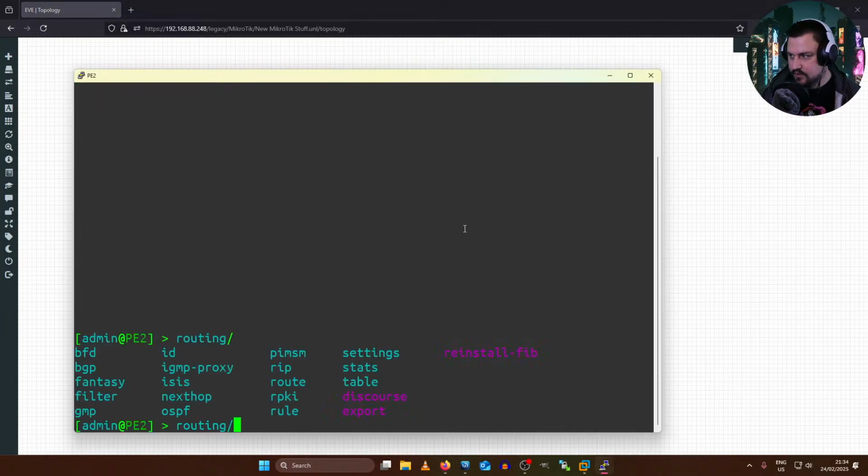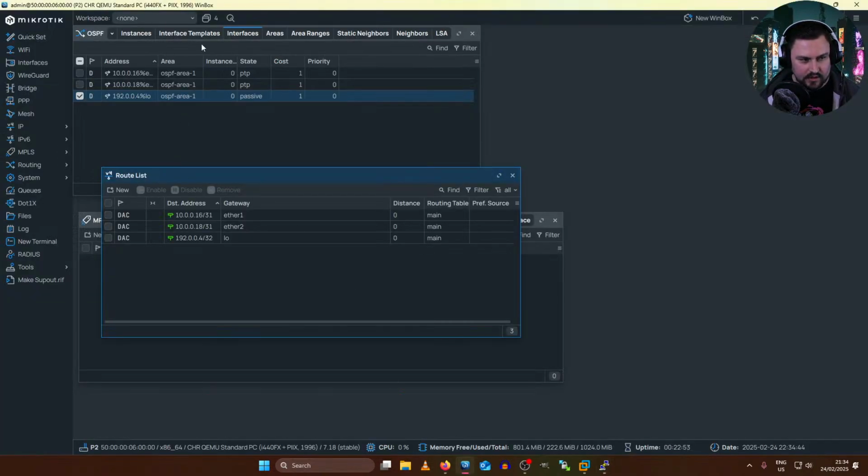So routing, can you show me your IP addresses? So my loopback address is a /32. If I go to my Winbox session, it picks up that it was that /32 IP.